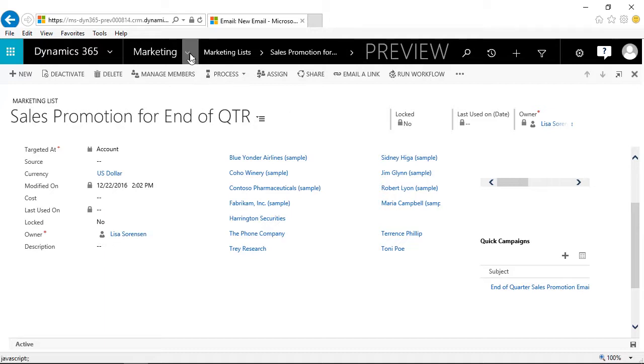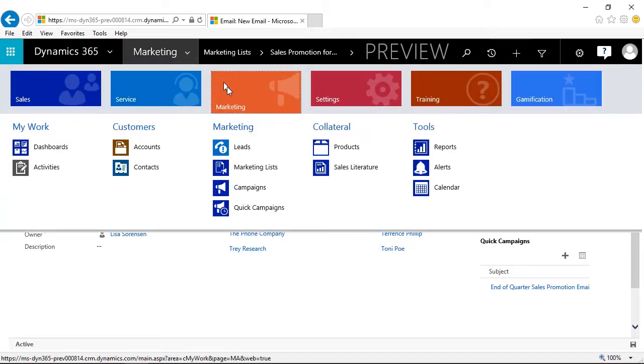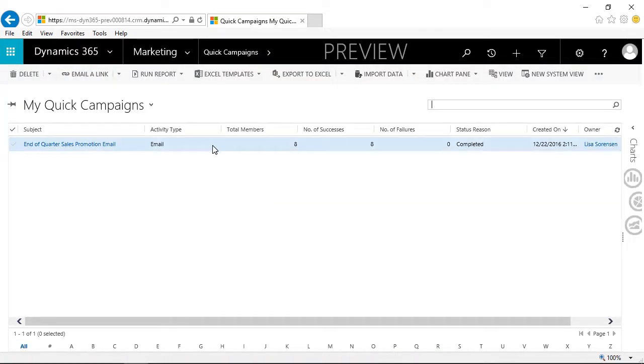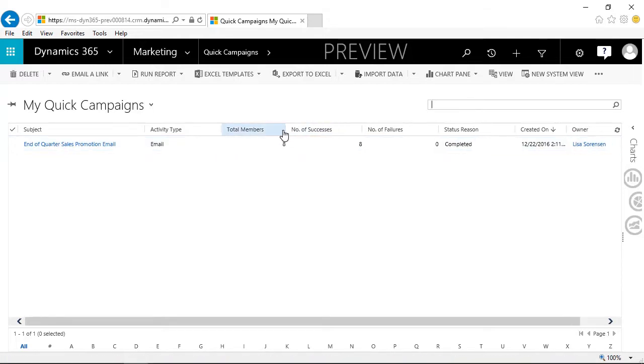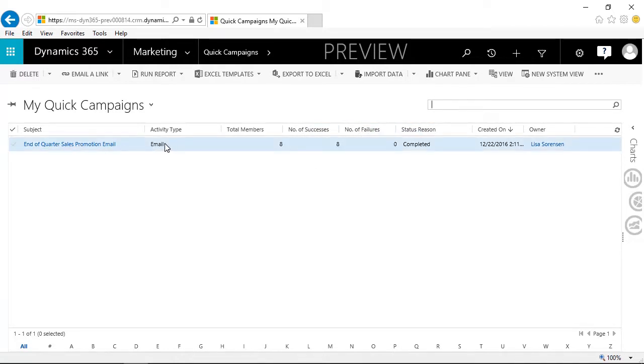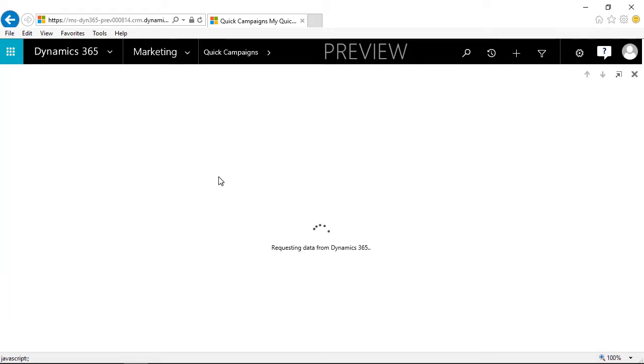So going through and taking a look at that, if I go back up to my marketing application, I go to Quick Campaigns, you'll now see that I actually have it out there. And when we take a look at it, directly from my view, you'll see that it shows the email activity type, the total number of members, total number of successes, failures, and completed. So if I actually click on the subject to open my quick campaign and take a look at it,